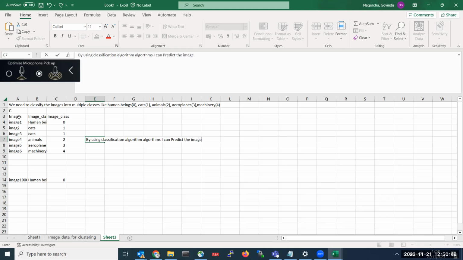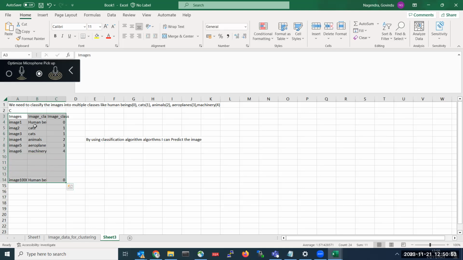For example, how it will be useful: I was able to train the machine learning model by taking this images data. If I feed any new incoming image to the model, it will predict, okay, this image is related to cats, this image is related to human being. Like that, it will predict.